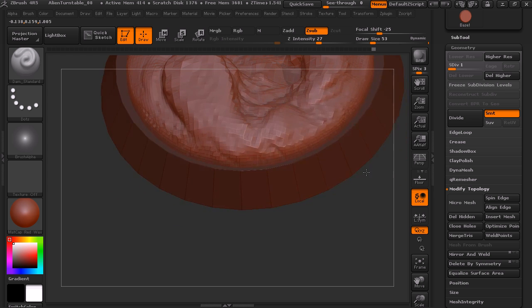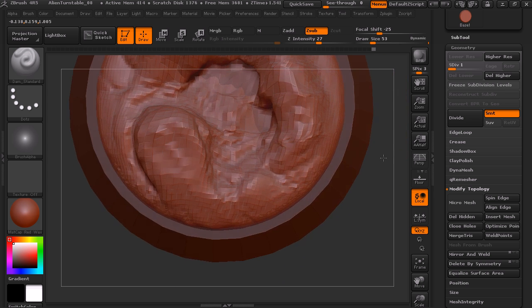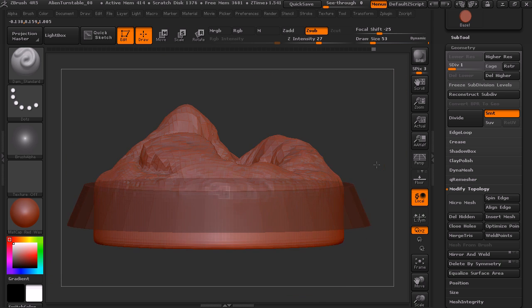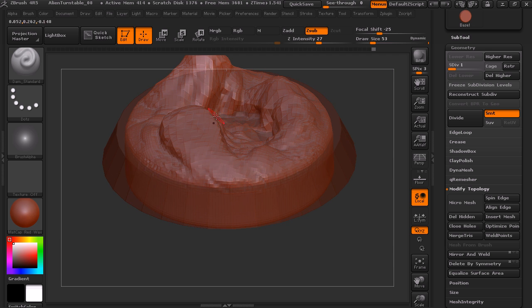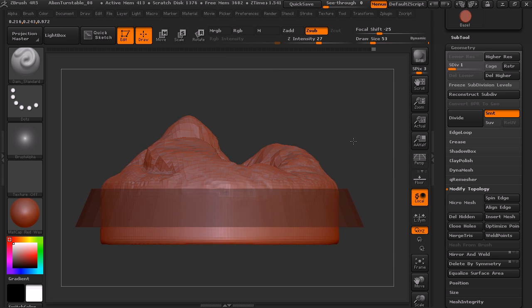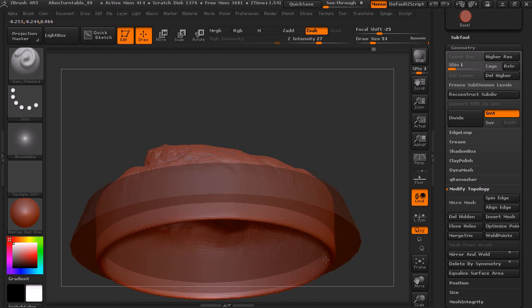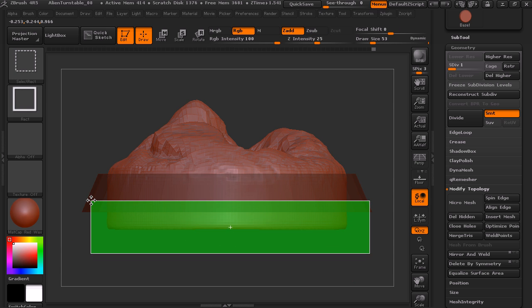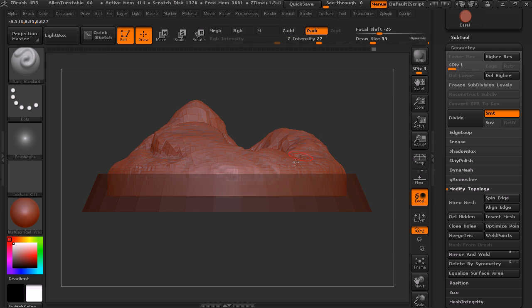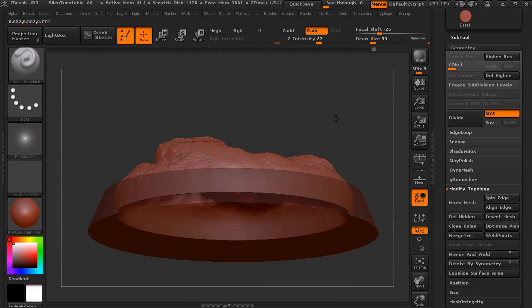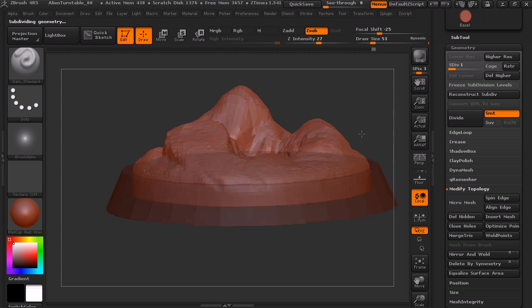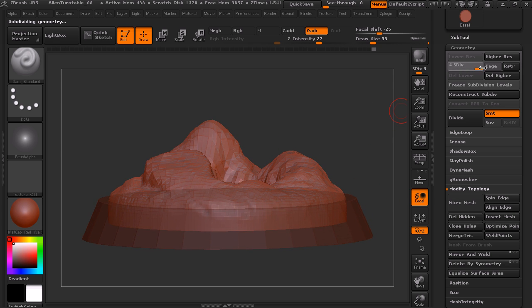Now, it may have deleted some geometry under here. We just want to make sure that we're not getting rid of anything, and I think that's probably okay. Because this part is kind of pushed down, I just want to make sure that I'm not getting rid of anything that is inside there. So let's try this again. I think that's probably good. I don't think we touched anything down there. So now we can go into Topology, Delete Hidden, to delete that geometry that was hidden. And then we can go back up our subdivision levels